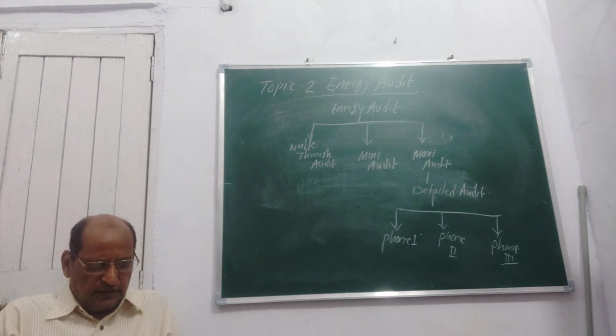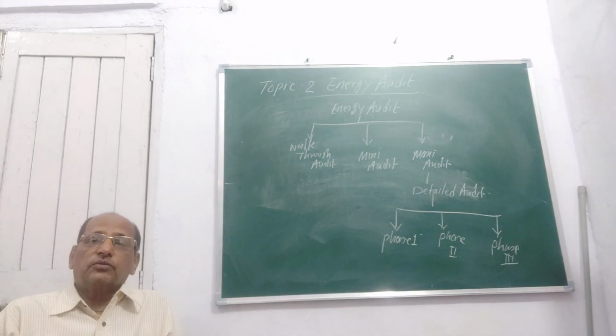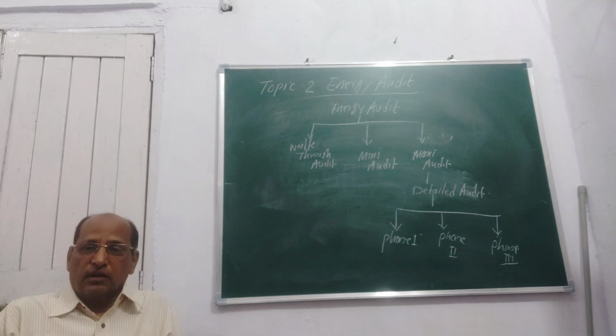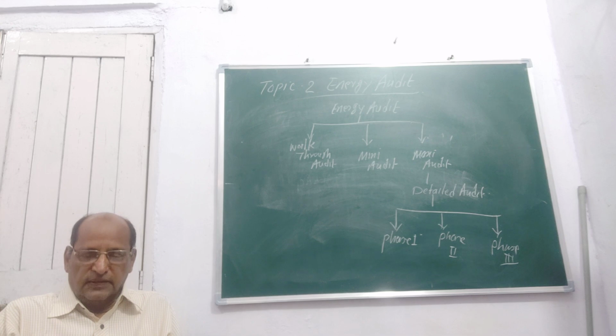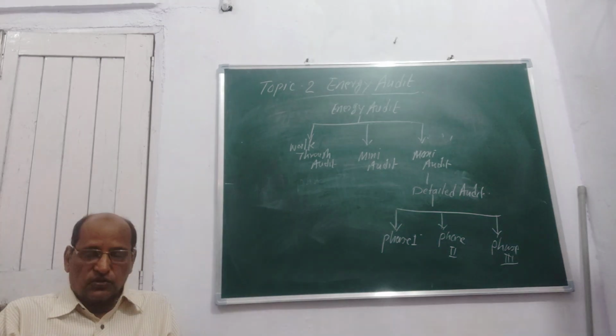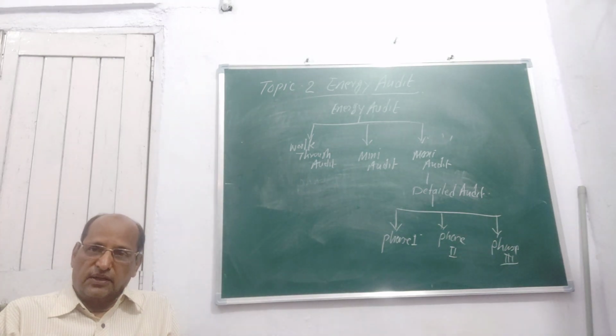The first point is to find out the scope for saving. When we observe all the processes of manufacturing and different types of loads, we have to find out what their scope is for saving energy. Meaning if you see that certain losses take place in certain processes, then how you can reduce those losses. That can be done by the first step, that is, find the scope for energy saving.